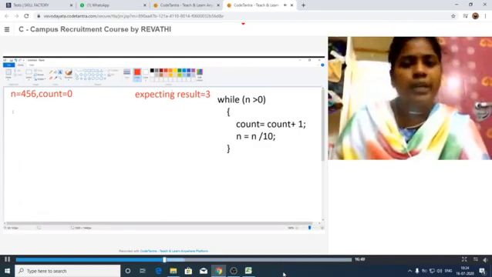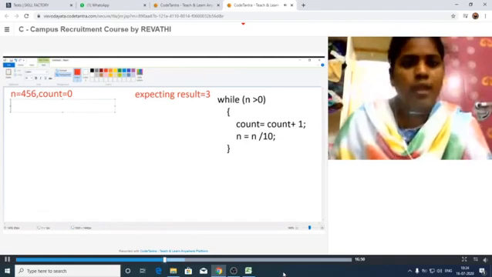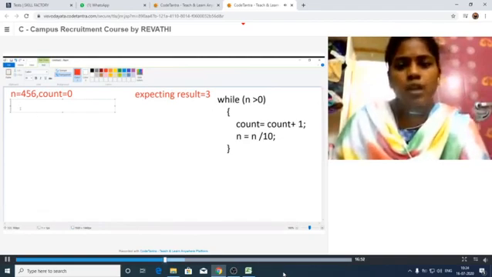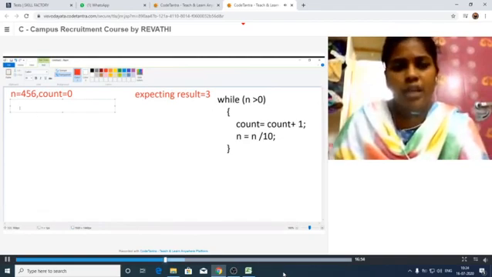Let us check it. First, what is the condition we have to check here? Is n greater than 0 or not? What is the n value here?